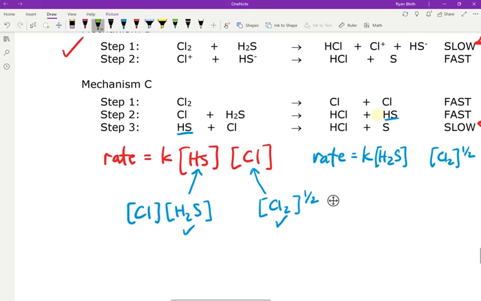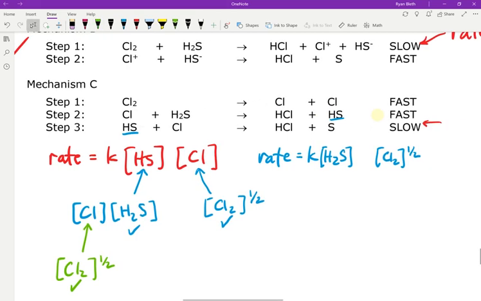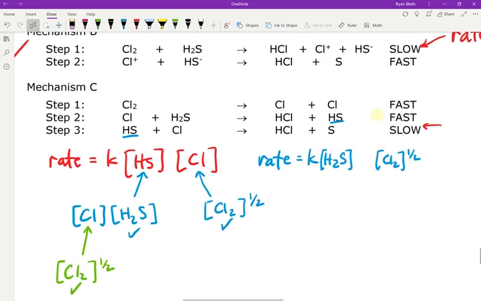This one has further ancestry needs. We've got to look at this Cl, and where did it come from? Like the other Cl that we used a moment ago in the overall expression, that second chlorine down the left there is coming from 1/2 of a unit of Cl2. Half of a mole of Cl2 gives me this chlorine that's an ancestor to the HS. So we've gone back almost to a grandparent here, if you will. That guy is part of the overall reaction equation up above, and so is approved to be part of the rate law expression. So I'm going to put that Cl2 in here